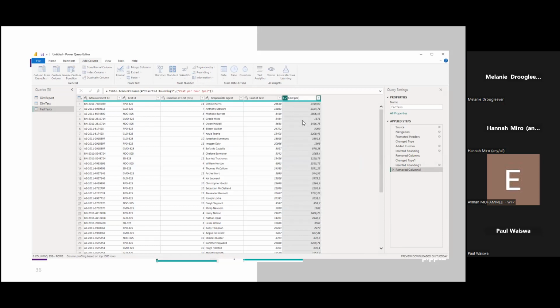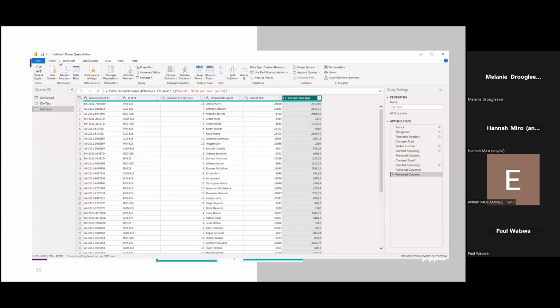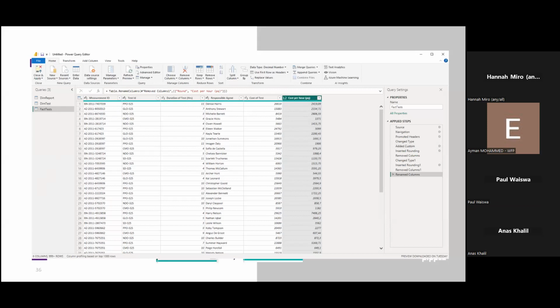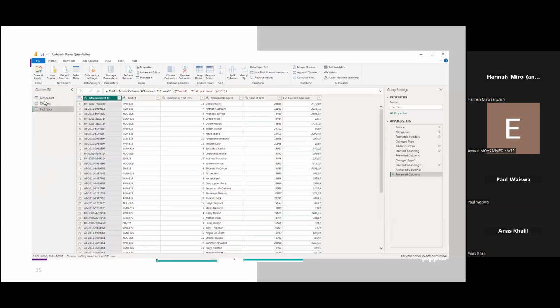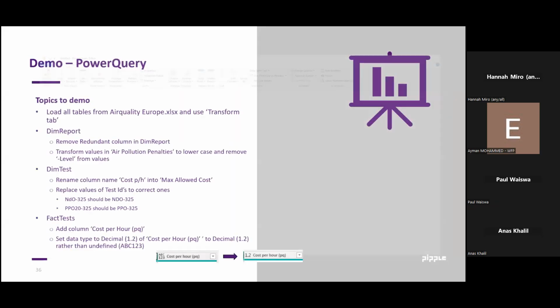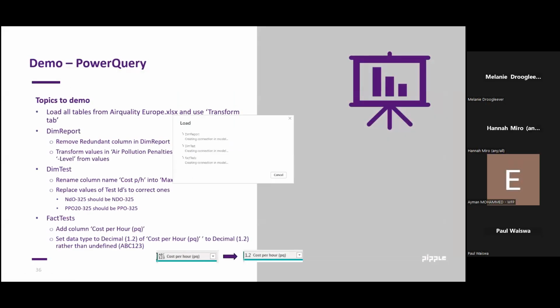Cost per hour. All right, great. I think that was all of the transformations that we wanted to do. And if we're happy with all of the steps and we're happy with all of our changes that we've made, simply click close and apply. And then